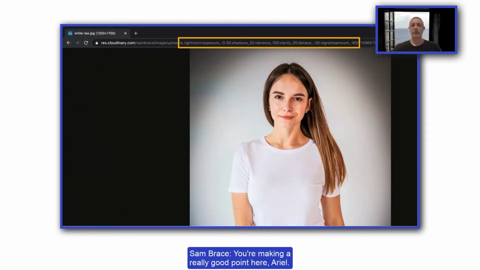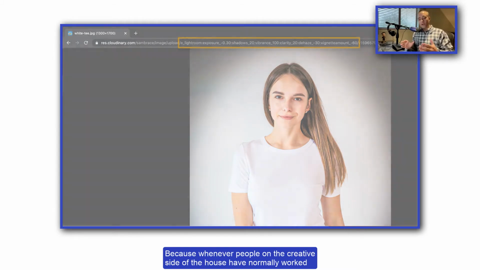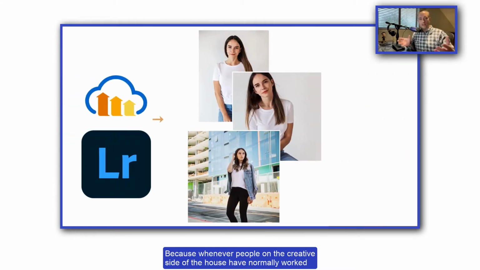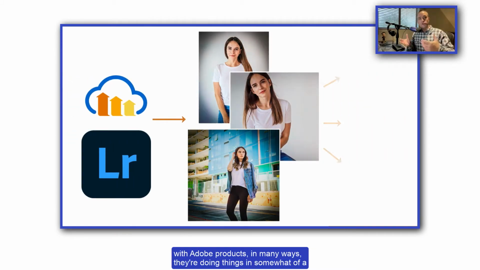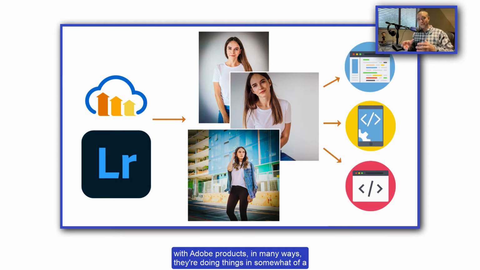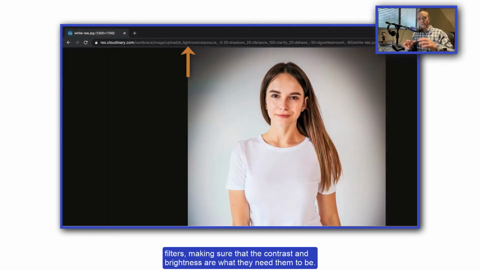You're making a really good point here, Ariel, because whenever people on the creative side of the house have normally worked with Adobe products, in many ways, they're doing things in somewhat of a manual way, where I'm going to work on this one image, I'm going to crop it, I'm going to do certain things to it, manipulating the layers, manipulating the filters, making sure that the contrast and brightness are what they need them to be.